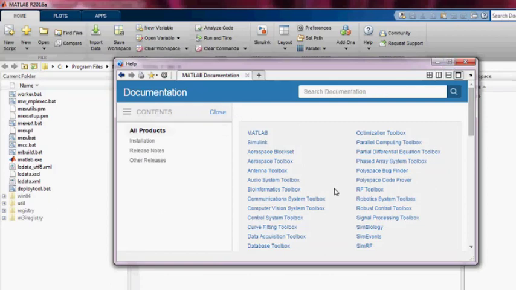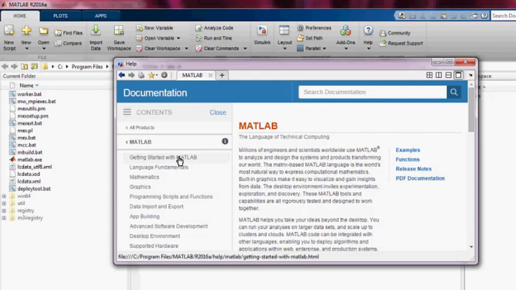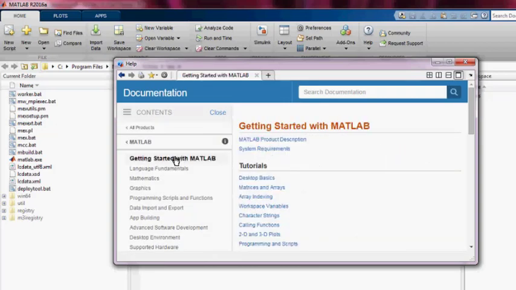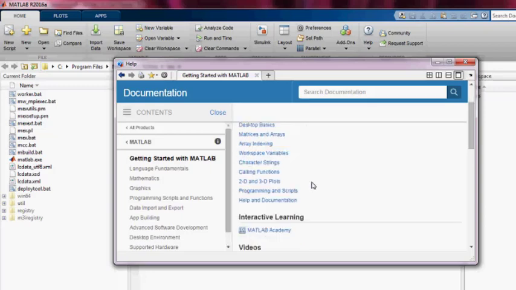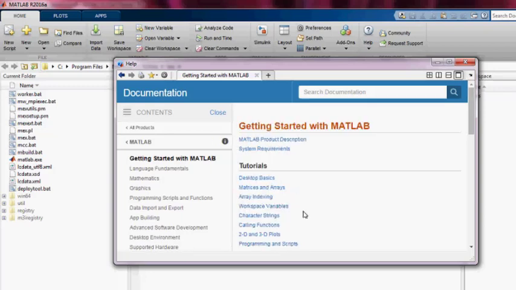In this window, you need documentation for which kind of tool. So the basic requirement is MATLAB, so let us click on MATLAB. As a beginner, we start with getting started with MATLAB. When you click on getting started with MATLAB, you have so many things which I intend to explain to you. The simplest way is to go through this one after another and try to follow it.